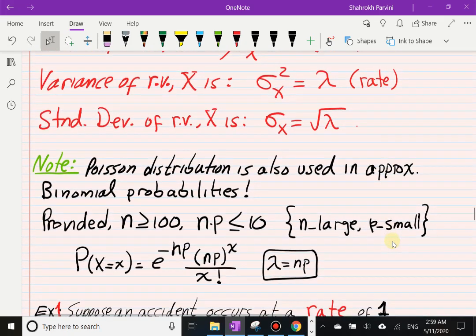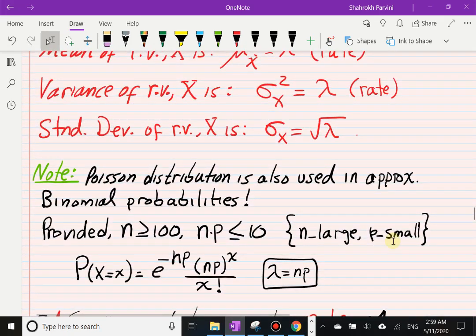Now here I have a note for you. We can actually use Poisson. We're not going to do that here, but this is just general information for you. A Poisson distribution is also used in approximating binomial probabilities, and in order to do that, it requires that the sample size is at least 100,